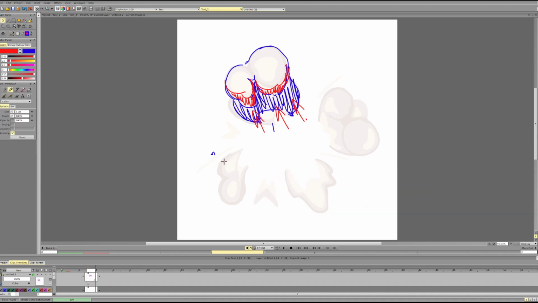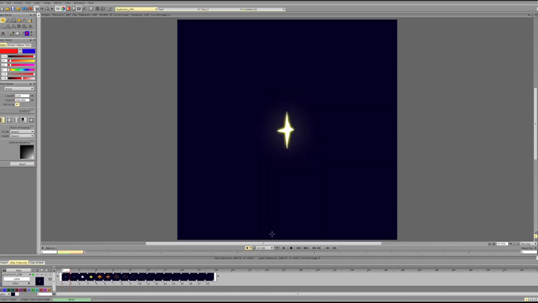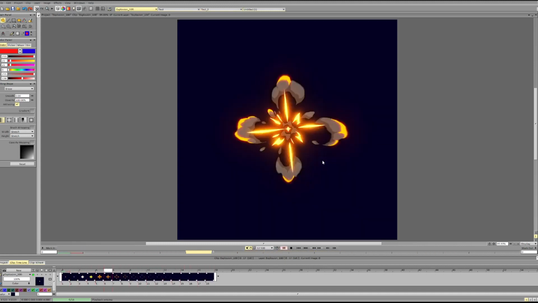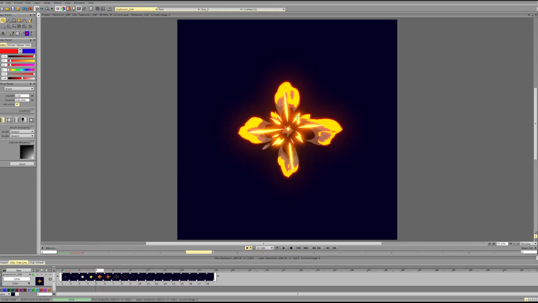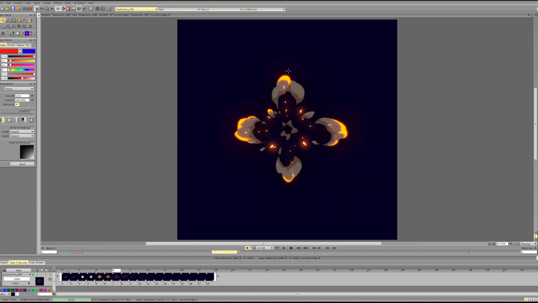So we'll probably get something like this. Or if we do it the other way around, it can be something like this. Which way does it face, or which way does it dissipate or disappear? Depends on the design. So in real explosions, the parts that face the air, the parts that hit the air,